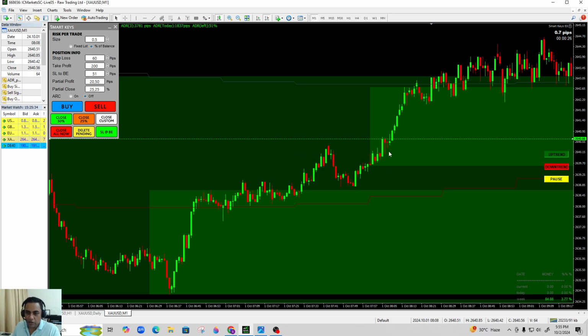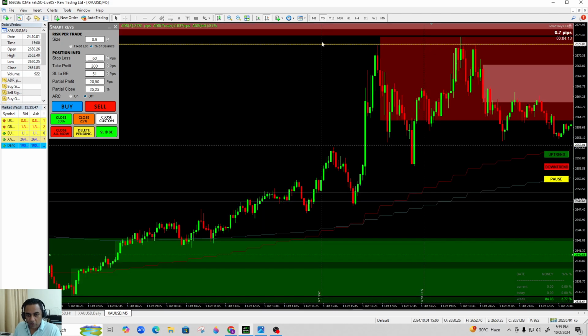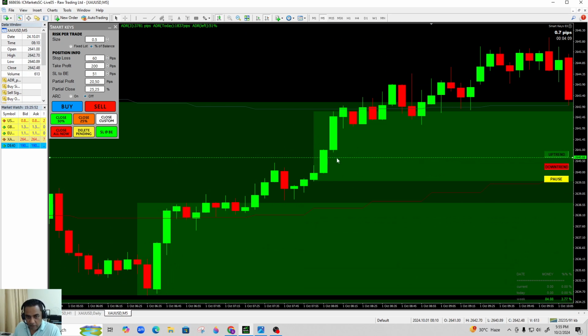So basically what I'm doing is I'm looking for supply and demand zones inside this. In the light red boxes, I'm looking for supply zones, and in the light green boxes, I'm looking for demand zones on the lower time frames. On the M1, there's nothing too clear. On the M5, there is nothing clear, right? But there is that,